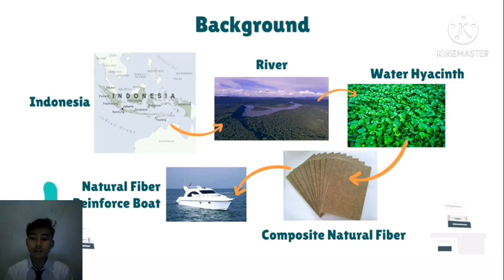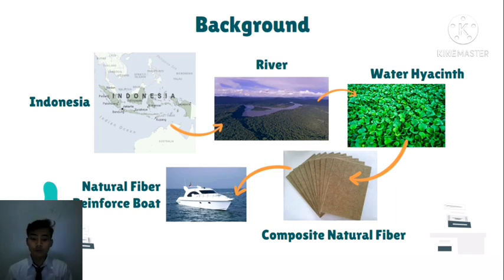So far, the development of composite in Indonesia is still directed at non-renewable natural resource material such as glass, carbon, or metal. Therefore, it is necessary to develop raw material for environmentally friendly composite material,